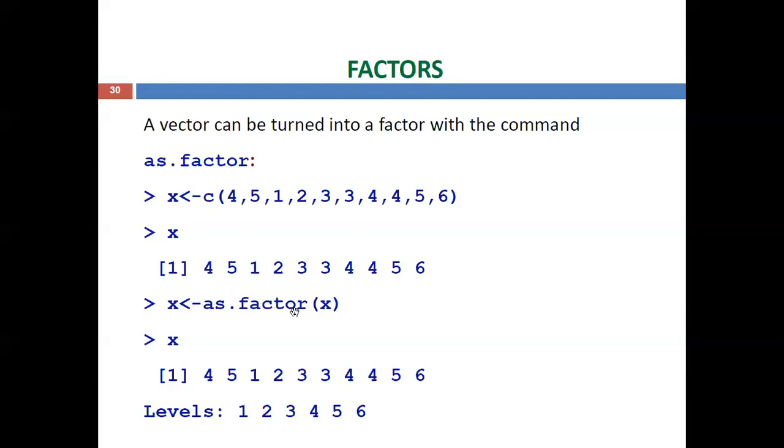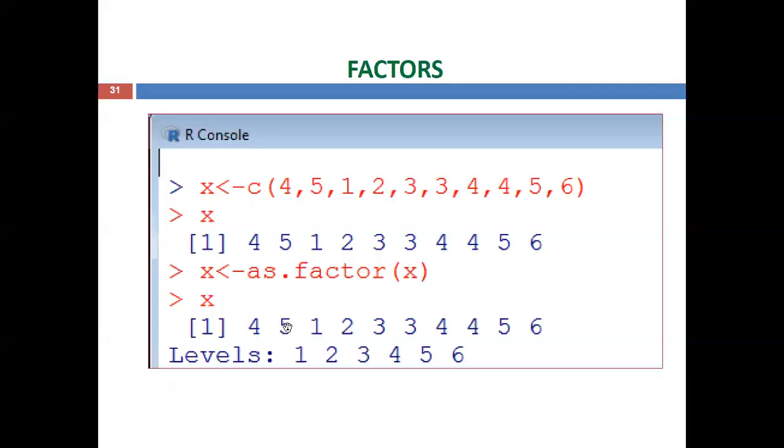Then these can be converted into a factor by using as.factor. Now x equal to as.factor of x, then you can call x. Now it won't display the original value of x; it displays the latest values from as.factor. The values are displayed in the same order. Whenever you use factor, the levels are displayed. There is an additional thing. What are the combinations? 1 to 6 combinations, so it displays the levels as 1, 2, 3, 4, 5, 6. Now we'll also execute this one.